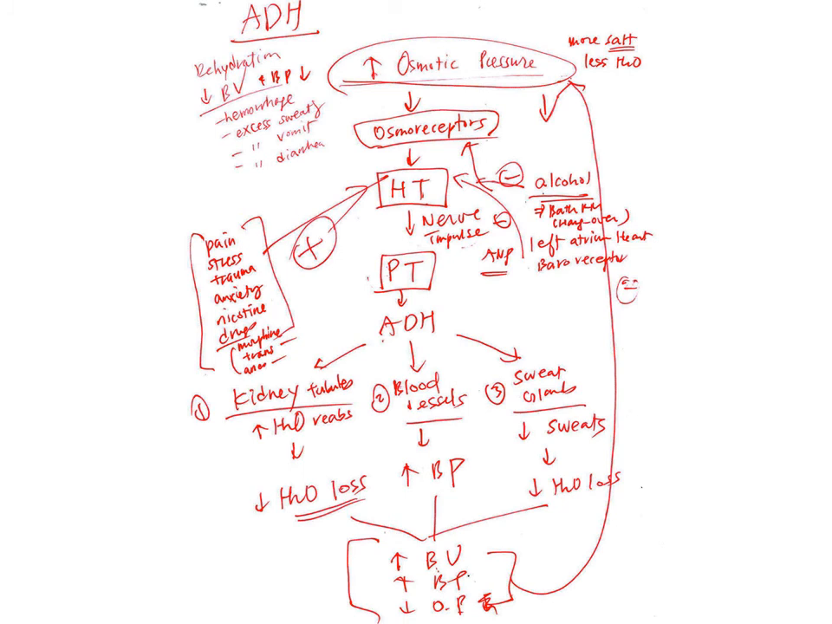As you see, it has three targets. First, the kidney tubules make sure they get all the water from the pre-urine, so that your urine will be concentrated by having less water loss. Blood vessels will also be squeezed, so that blood pressure temporarily goes up. And the sweat glands will be closed down, so that you have less sweat, minimizing water loss. By doing so, in the end blood volume goes up, blood pressure goes up, and